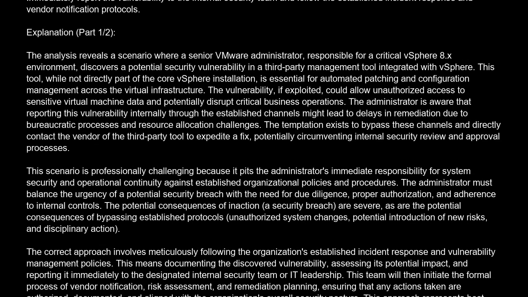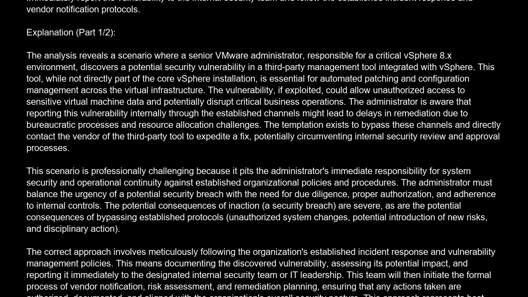The correct answer is D. Immediately report the vulnerability to the internal security team and follow the established incident response and vendor notification protocols. Explanation. The analysis reveals a scenario where a senior VMware administrator, responsible for a critical vSphere 8X environment, discovers a potential security vulnerability in a third-party management tool integrated with vSphere. This tool, while not directly part of the core vSphere installation, is essential for automated patching and configuration management across